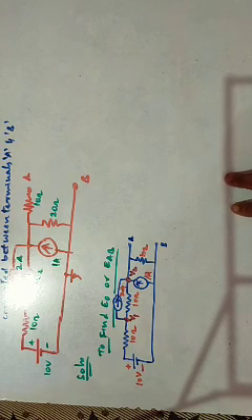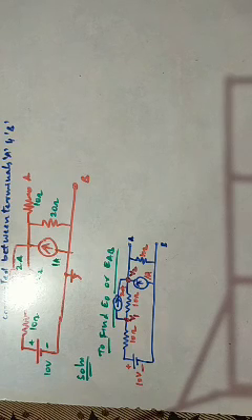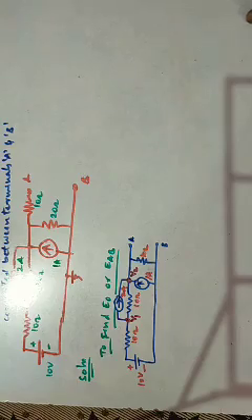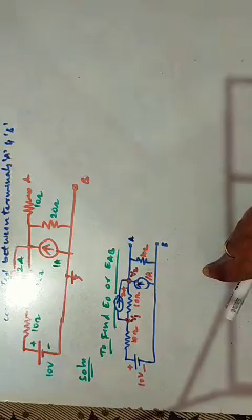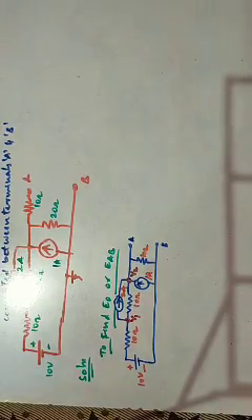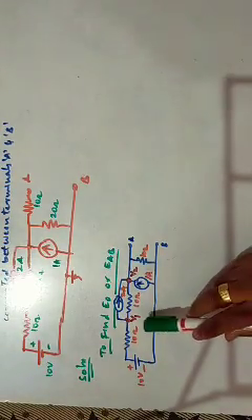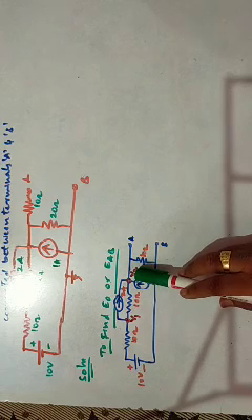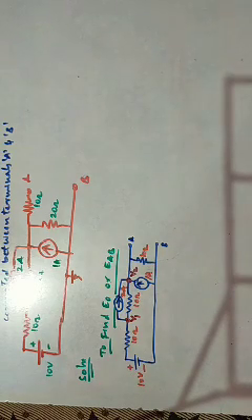Here, to find E naught, or you can call it the Thevenin's voltage, or the open circuit voltage, EAB. See, by seeing this, it seems to be complicated with the loop analysis. So we prefer to solve this given problem with the node analysis concept. Because of that, this is taken as one node and another node. We have considered two nodes here.